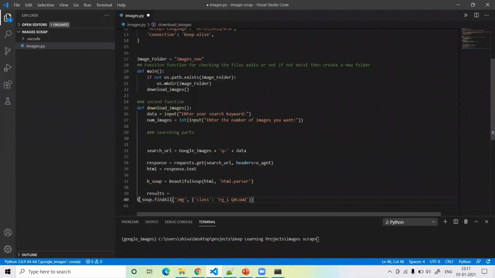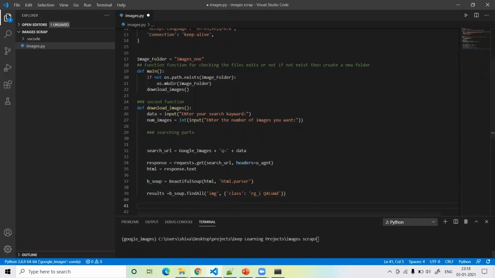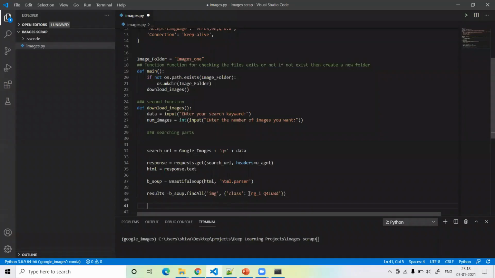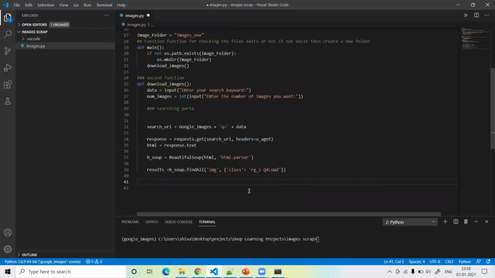So it's BeautifulSoup, and yeah, this is here. After that we take all the results, find all the right class tag, and then extract the links of the requested number of images from this data src, guys. Then let's define the count, meaning how many images you want and where we have to store them. So we use a loop and define our data src attribute.